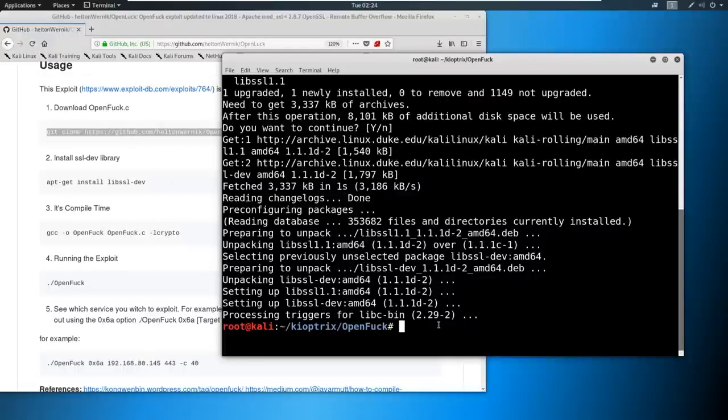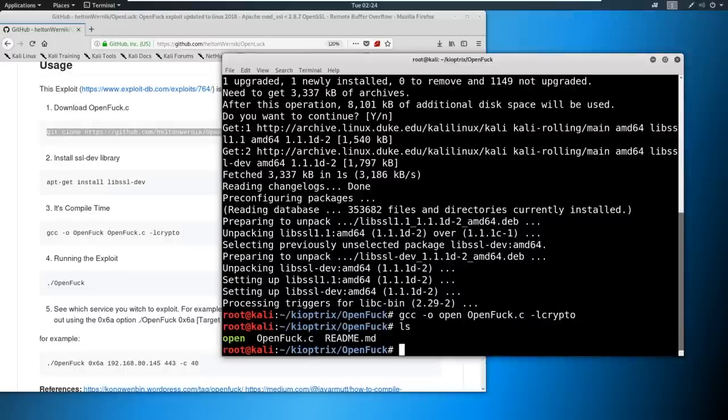So now we're going to say GCC, and typically you say -o for the output, so we can call it whatever we want. We'll just call this open, and then we'll specify the file. You can start typing it and then tab out. And then it says -lcrypto, which is important. Hit enter, okay, and then hit ls. And you see now in pretty green lighting up and saying, hey, we're executable. We have our executable, right? We have our script that we can run. So we could say